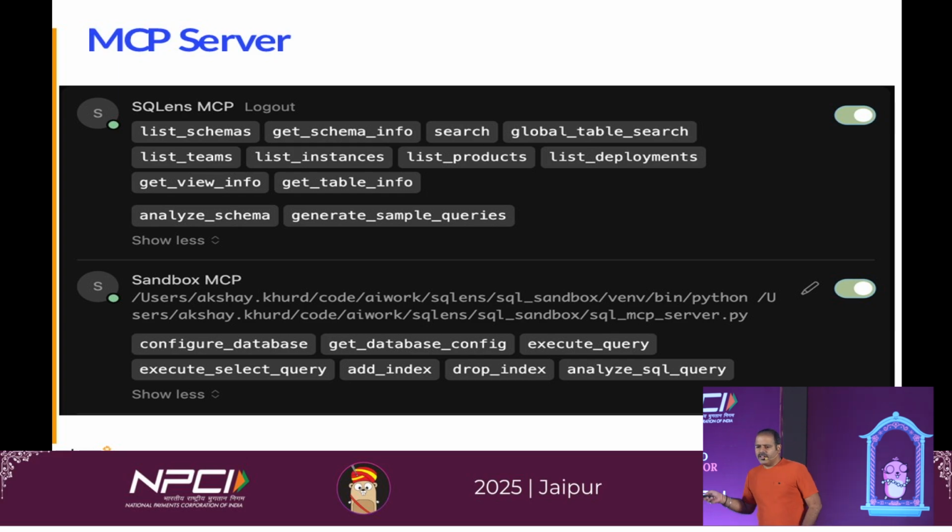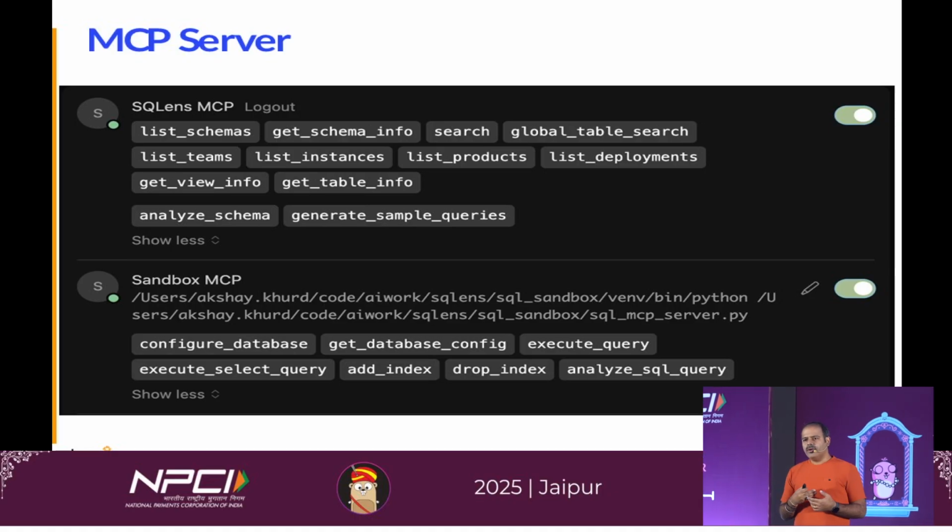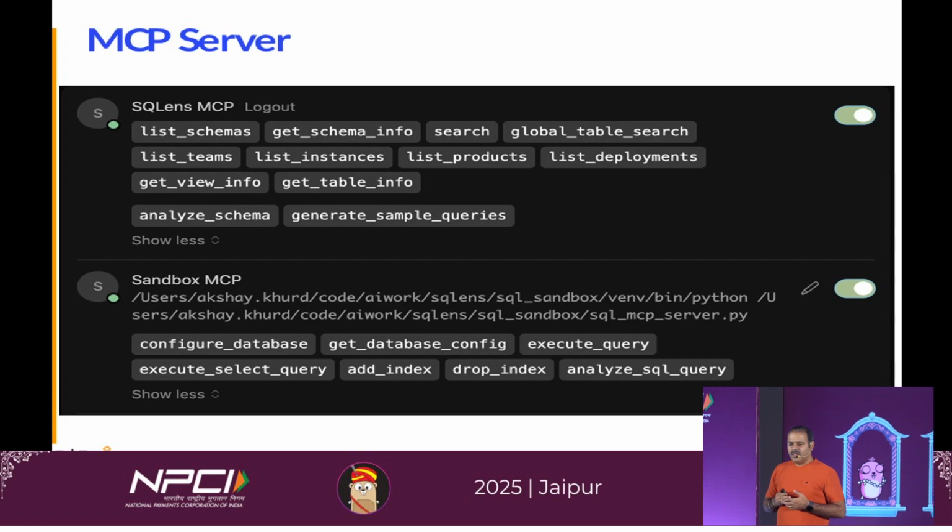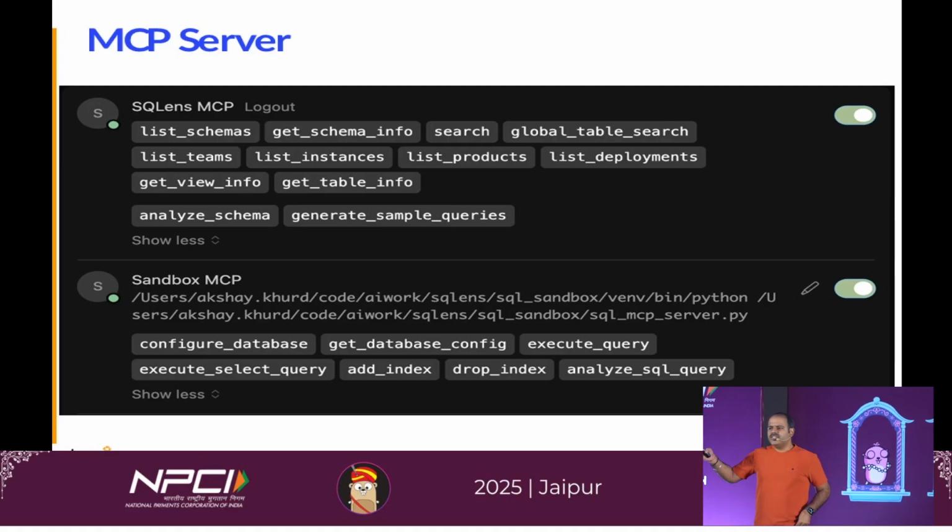Just one point here. You would have questions in mind: why is the production environment different from the development environment? Again, security is a major cause of concern with these AI and LLM agents. So what I wanted was only metadata. I don't need to worry about data. Data can be created and tested, and you can have a sandbox environment to work on. But what I need is the live production schema that I can actually operate on and solve my day-to-day production issues, or even other API-related issues. That's why that segregation, and that schema is now available to each and every developer in Dhruva.